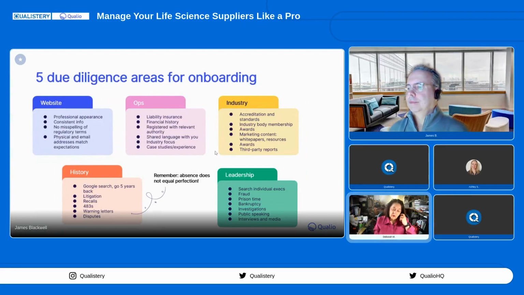In 2021, many people are probably familiar that in the news, Emergent was manufacturing COVID vaccine for Johnson & Johnson, and they had a product failure related to the wrong substance being in the product. And they were also manufacturing another vaccine for another company. They had 9 observations in their 2021 FDA inspection, and many of them were for cross-contamination